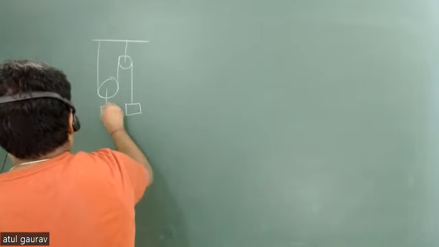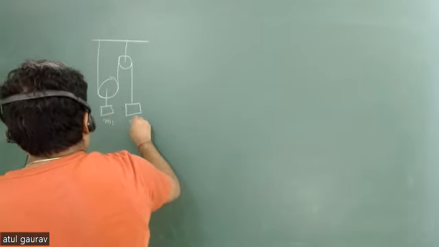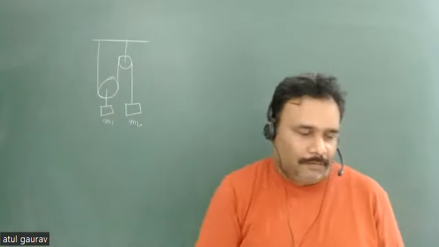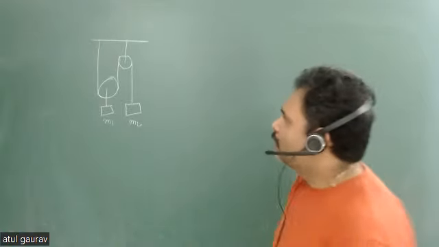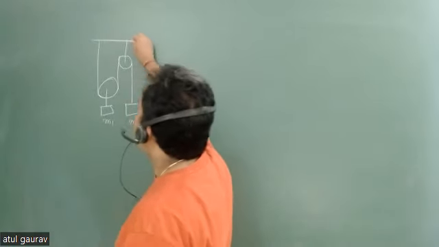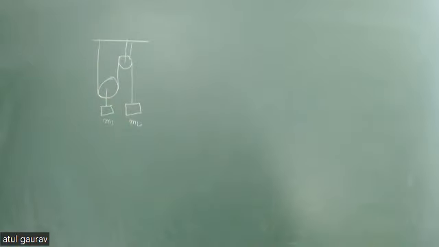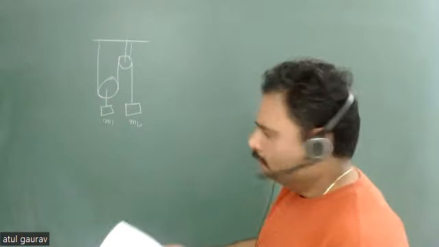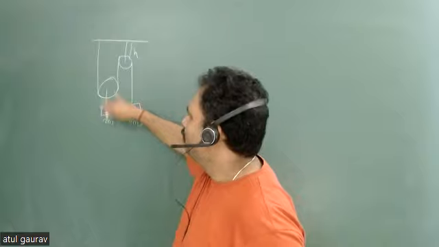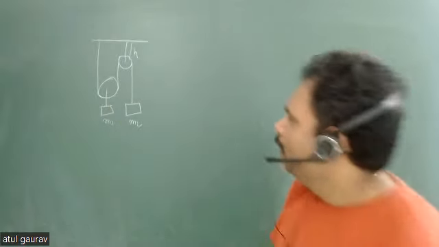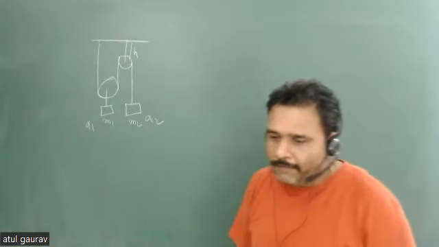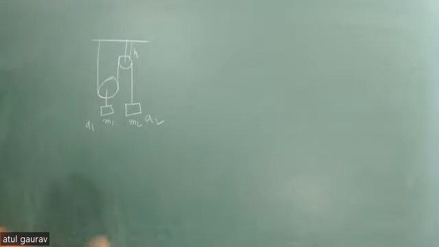ओके सर। ठीक है। दिस इज M1, दिस इज M2, ओके? एंड ऑल पुलीज आर मासलेस, ओके? डोंट वरी, मास वाला भी करवाऊंगा, ठीक है? बट अभी मासलेस कर लो। So this is M1 and M2. What will be relationship between? And you can assume this length is h or L. एनीवे, एंड दिस इज वेरी स्मॉल, सो इट हैज नॉट एनी सिग्निफिकेंस। सो व्हाट विल बी, इसका एक्सेलरेशन अगर a1 है, इसका एक्सेलरेशन अगर a2 है, व्हाट विल बी रिलेशनशिप बिटवीन a1 एंड a2। छोटा सा होमवर्क दे रहा हूं, करके रखना, ठीक है।